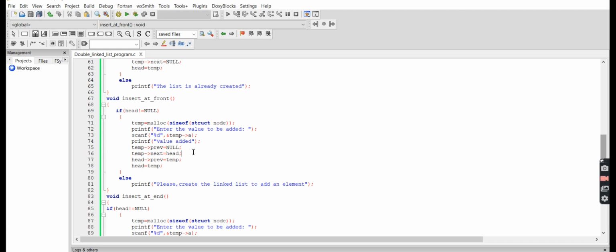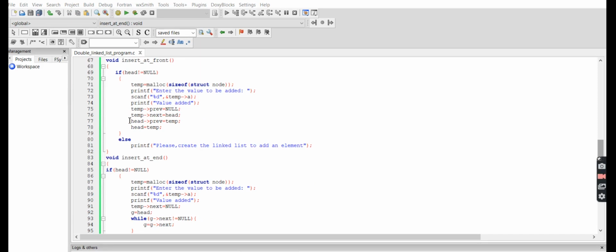After that, to make the connection between previous and present node, we assign null to temp of previous and head to temp of next. That is, the memory address of the present node is assigned to head of previous. After that, I change the head value to temp. If the head is equal to null, then it enters into the else part, and I print please create the linked list to add the element, because there is no linked list.